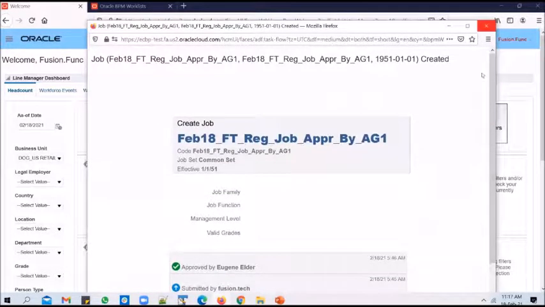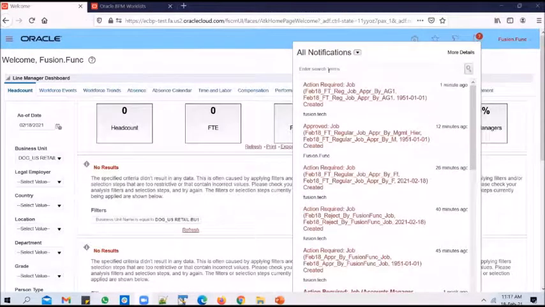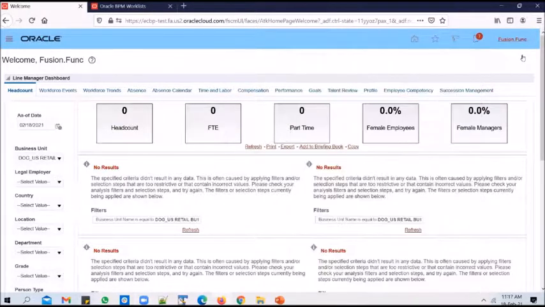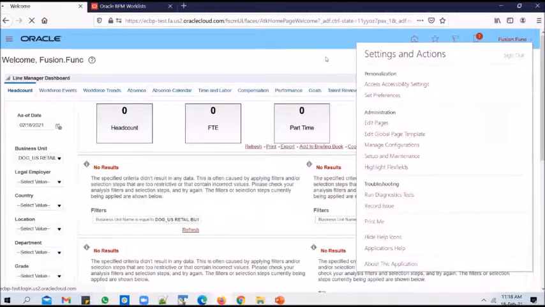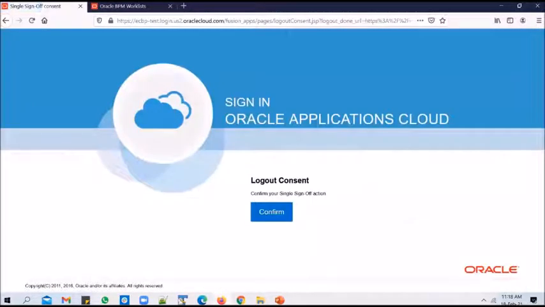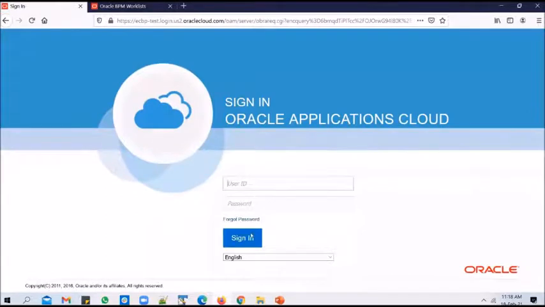If for some reason I'm not able to see the approval buttons in there, usually you see that it's action required, but you don't see approval buttons. Let me sign out and sign in. You should see those two buttons as well, and you should be able to act on the notification.